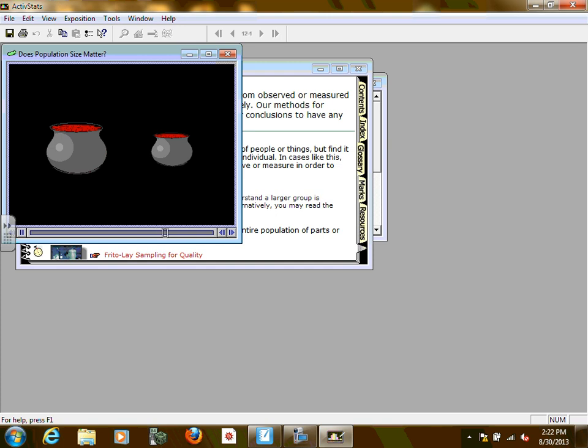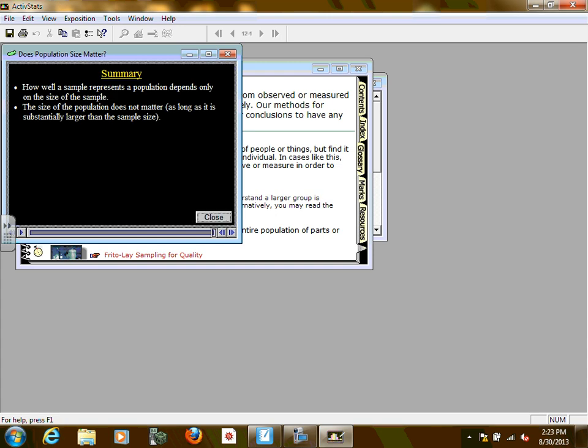Okay, so the sample size does not matter as long as... this next demonstration is going to show a toothpick going into the bowls of soup. When you put a toothpick in there and you pull it out and you try to taste it, is that going to be adequate and sufficient to allow you to taste the saltiness of the soup? No, it's too small. So the size of the sample does not matter as long as it is representative of the population, as long as it's enough to be able to get a sample. So, therefore,